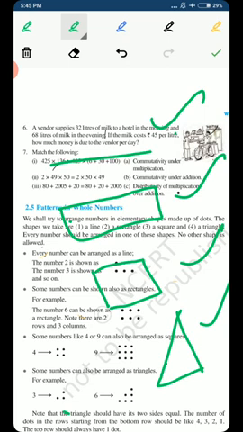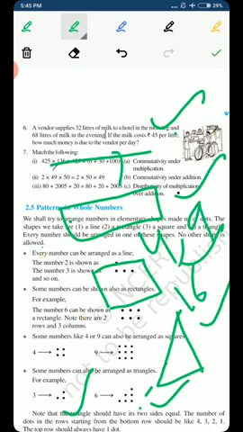As you can see here, when we are expressing 3, we have used 3 dots, with 1 dot in the first row and 2 dots in the second row, and when we are expressing 6, we have 1 dot in the first row, 2 dots in the second row, and 3 dots in the third row. And those numbers which are perfect squares like 4, 9, 16, 25, 36, only those numbers can be expressed in the pattern or shape of a square, because in those numbers there will be an equal number of rows and columns, and the condition of a square also says that all 4 sides should be of equal length.